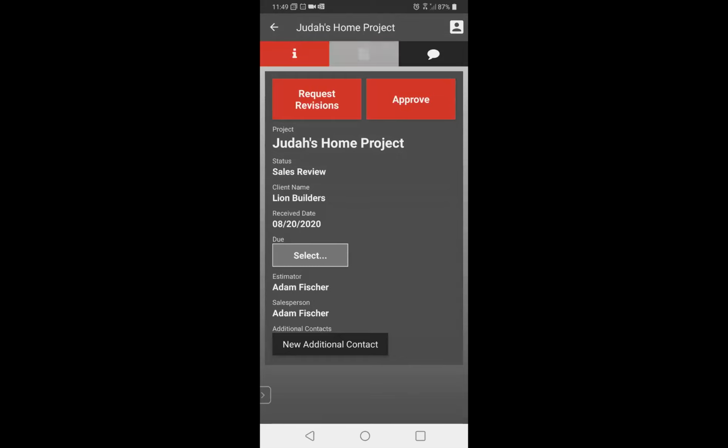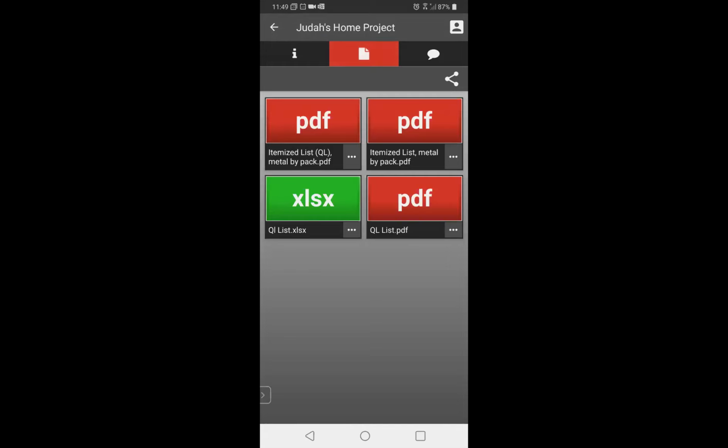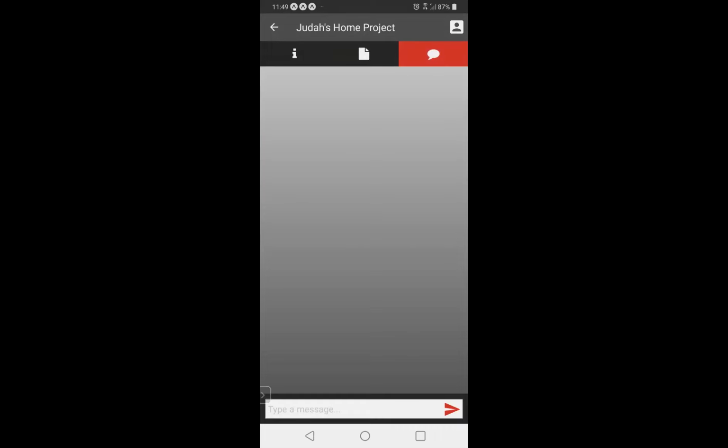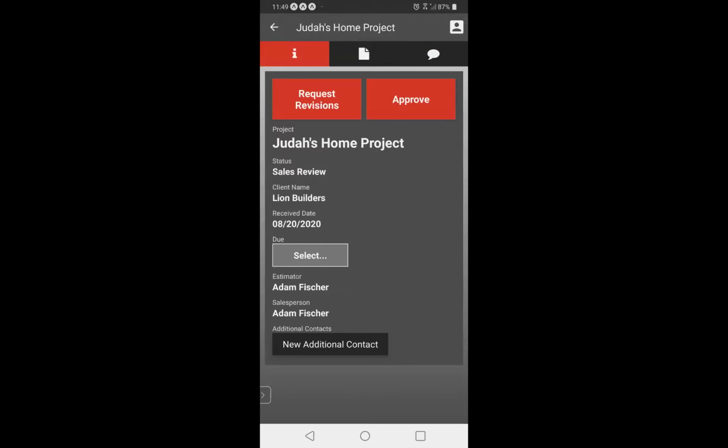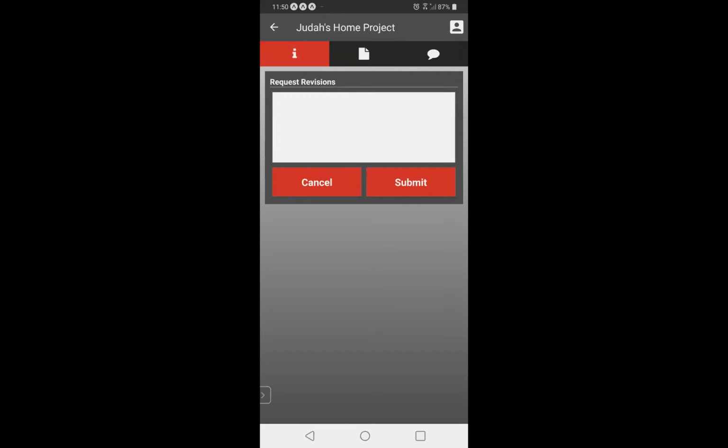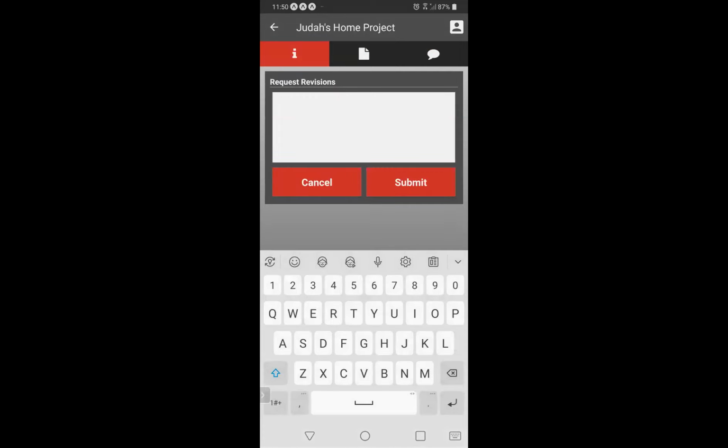Now I could come to the Files tab. Here are the different files. I could touch on those and open them and view them within the app. I could also even come to the chat communication section here, and I could type a message. Once I've reviewed them, and if I decided that, like I mentioned, maybe there was a problem with the deck out back, I forgot to tell the guy before that we needed Trex, what I could do is I can choose to request revisions. And just right here in the app, I can say, hey,